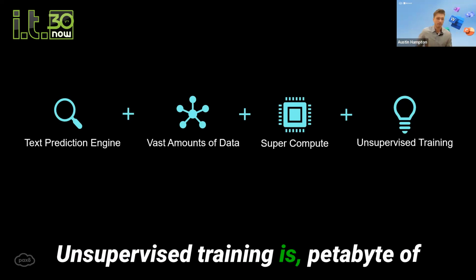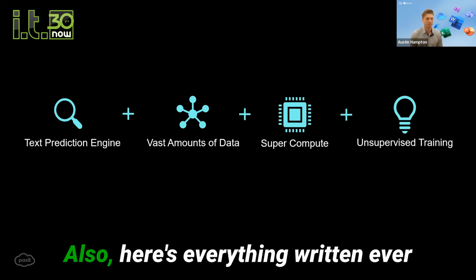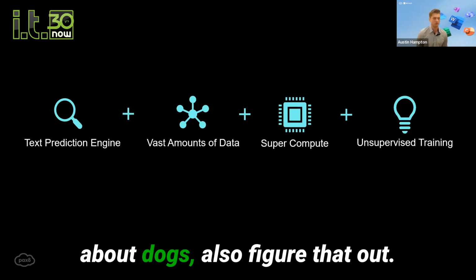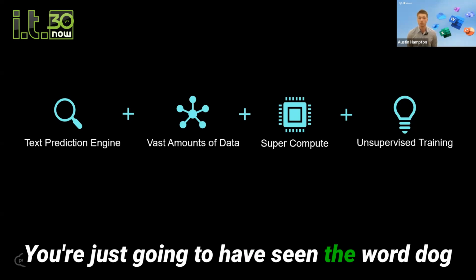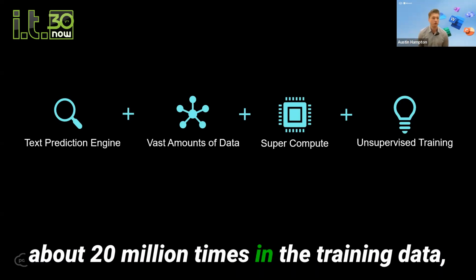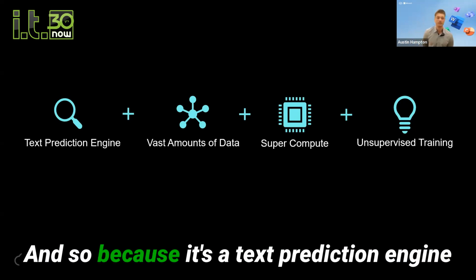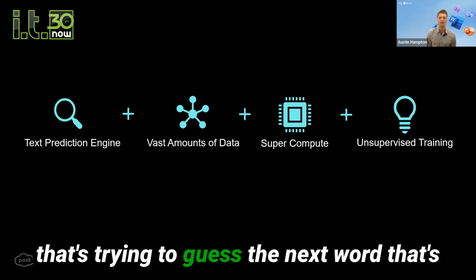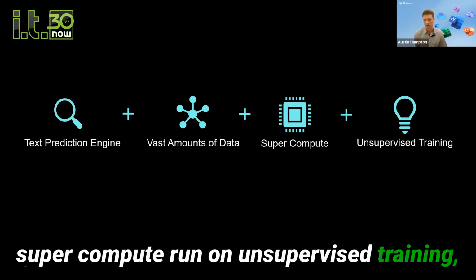Unsupervised training is petabytes of dog data, dog images, figure it out. Also, here's everything written ever about dogs. Also figure that out. We're not going to tell you what a dog is. You're just going to have seen the word dog about 20 million times in the training data, and that was next to another set of words. And so because it's a text prediction engine that's trying to guess the next word, trained on all of human data, powered by supercompute, run on unsupervised training,